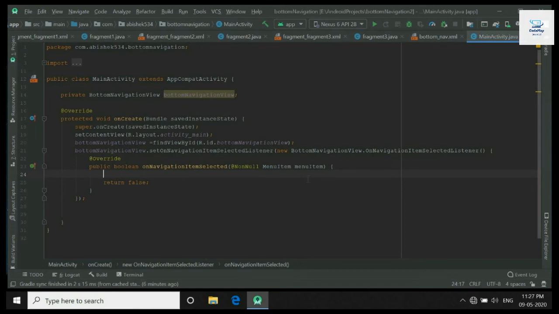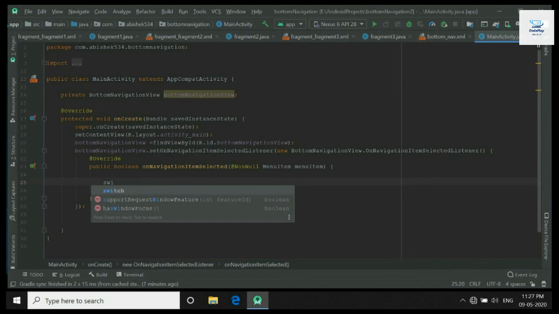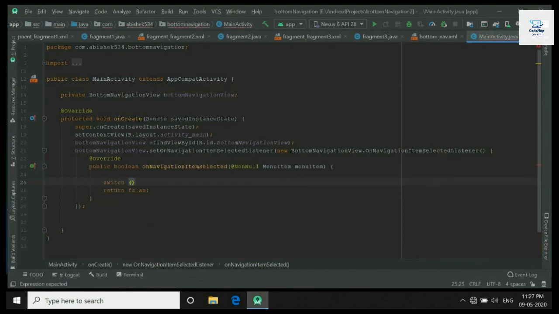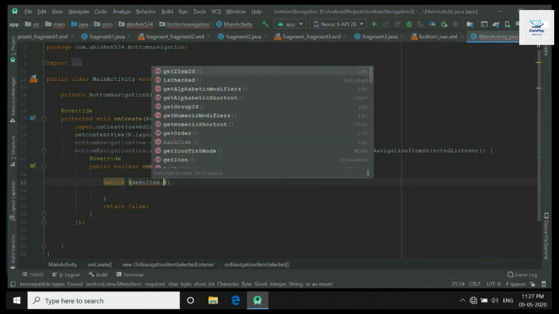So here we will use switch case for matching this ID with the ID of the item in our menu file. Menu item dot get item ID.